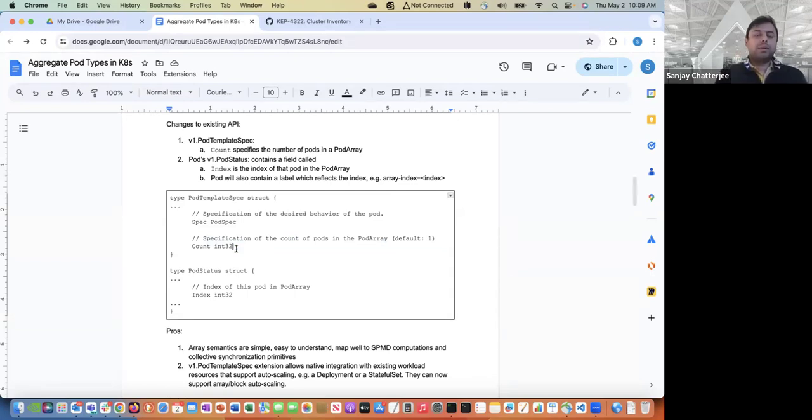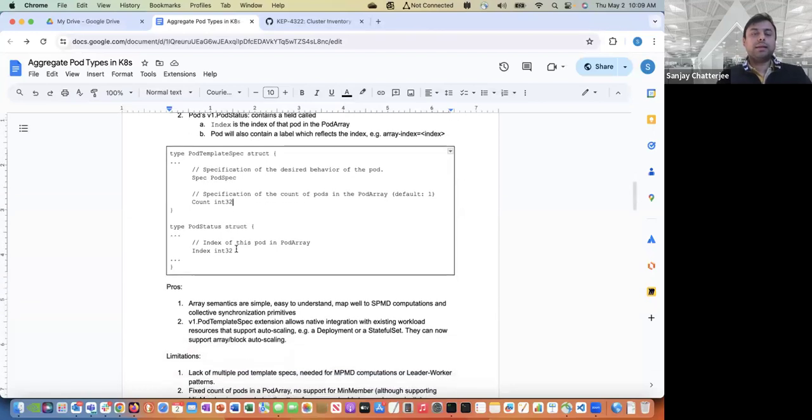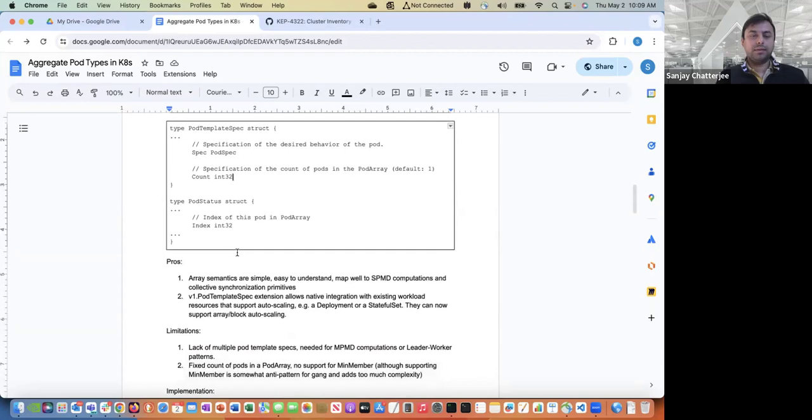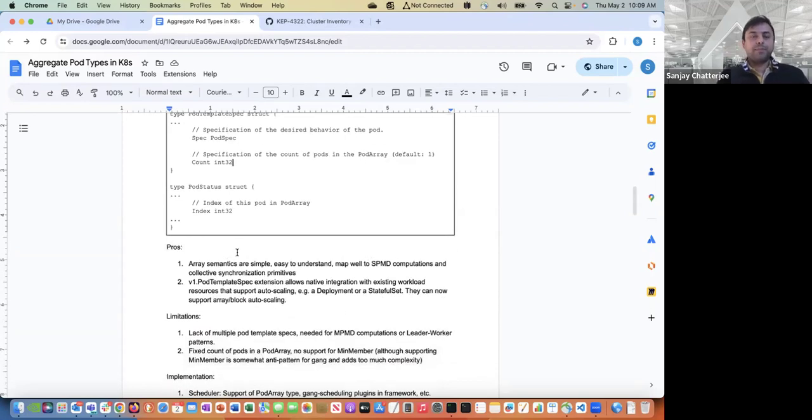And so what this means is that, of course, once a pod gets created out of this spec, a status would also have to indicate the index of this pod in the array. And so we'll probably have an index field in the status similar to that. Now, what does it mean, right? So what are the pros for this? Is that basically we can have array semantics, which is easy, simple to understand,